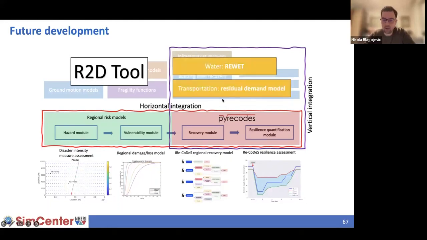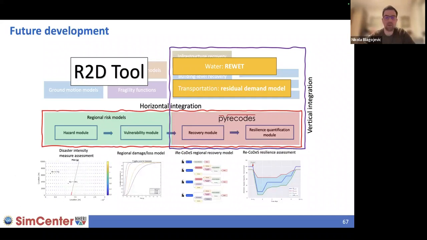And what we're doing right now with the SimCenter is integrating the ReVet simulator into pyrecodes, and ReVet is special because it simulates both the recovery and the water flow for water networks. And so we're going to be interfacing between pyrecodes and ReVet during this recovery phase, taking into account the fact that the building stock is going to have a changing demand for water, and that the water system is going to have different abilities to provide this water over time. So this is one of the interdependencies which we hope to capture.